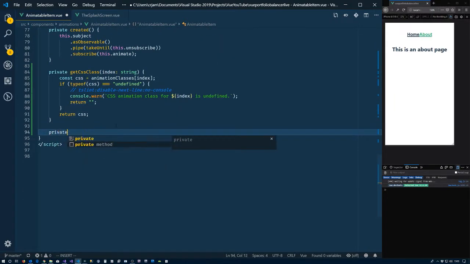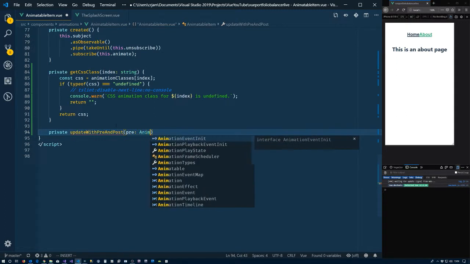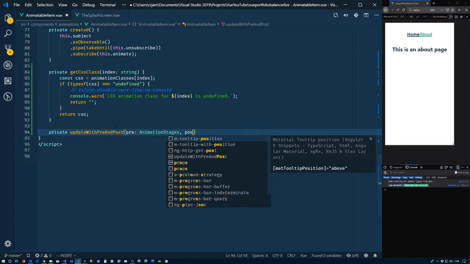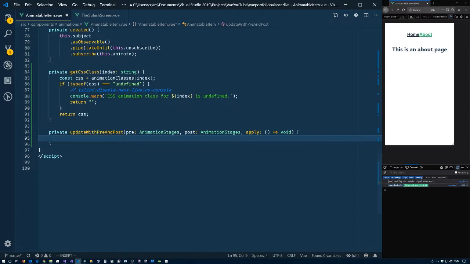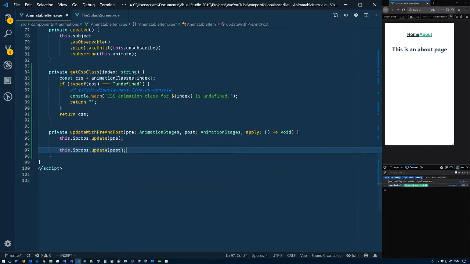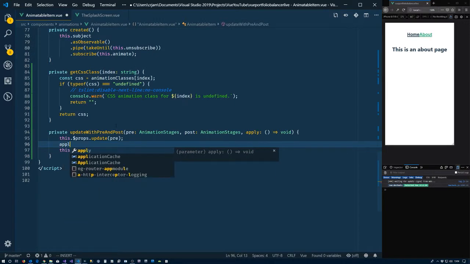Down here, we'll say private update with pre and post. So we'll say pre animation stages, post animation stages, and we'll have some function that gets sent to us, takes nothing, outputs nothing. Then we'll just say this dot $props, and now we have the IntelliSense for the update. So we'll pass in pre to it. This dot $props dot update post, and this will be where we apply our